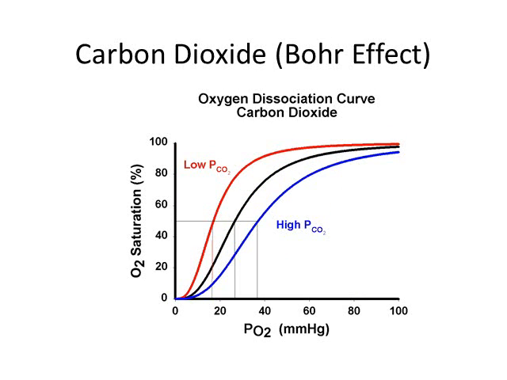Do the same thing for CO2. You can do the same thing with the lines here, okay, with the rightward shift, the leftward shift. High CO2 is a byproduct of the Krebs cycle, right? So if we're doing a lot of metabolism, we're making a lot of CO2. That means we're going to want to be less saturated at any given point. So using this example of 30, we go from here at about 50% saturated down to about 30% saturated. That's what we want. We want to drop off more oxygen if we're making more CO2, because that means we're